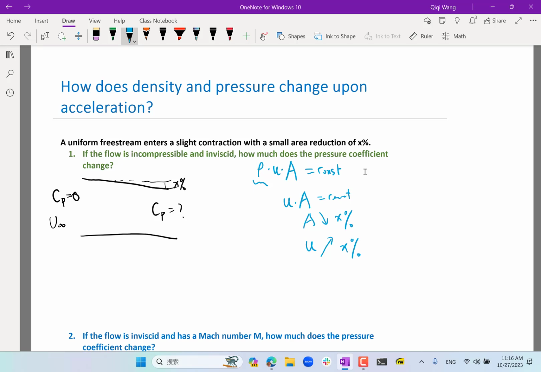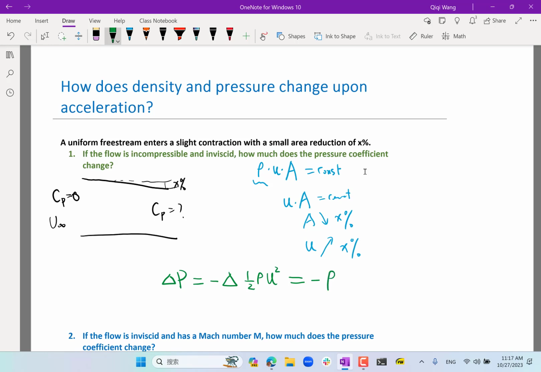Yeah, Bernoulli, yes, right. Okay, so in using Bernoulli, we know that a delta change in the pressure is equal to the negative of a delta change in half of rho u squared, right? Okay, and now we are looking at a small change. So the delta can be thought of as infinitesimal. So for infinitesimal delta, we can use calculus, right? And the rho is constant. So using calculus, we pull the rho out,